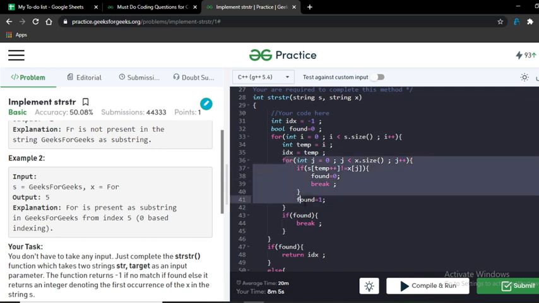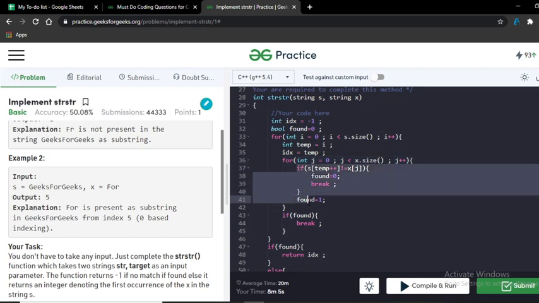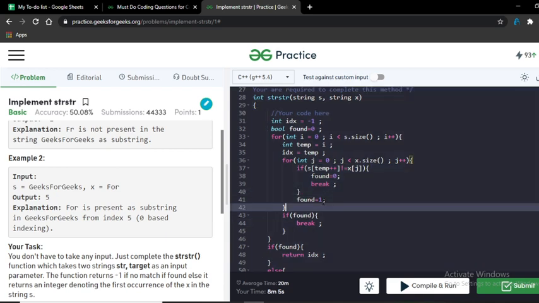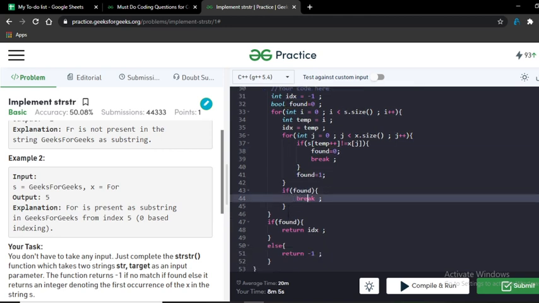And now after exiting this loop, if we have checked all the characters of x, this means the loop successfully executed for all the characters, and since found is equal to 1, we haven't encountered any situation where found is equal to 0. Then we simply break the loop since we have found the string.